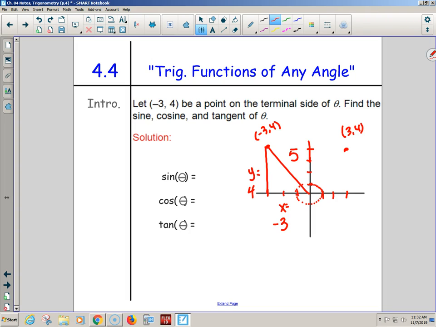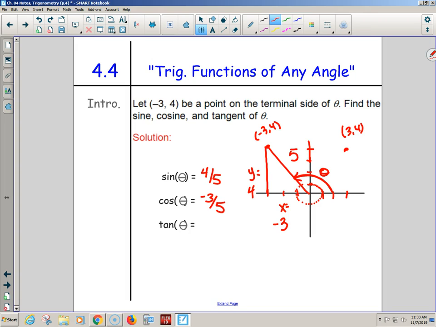You could just look at the triangle and say, oh, this is my angle, whatever it is. I don't know what it is. Something in the second quadrant. That's my theta. But look at this triangle and use it for SOHCAHTOA. What would sine be? SOHCAHTOA: opposite over hypotenuse, 4/5. Why is that positive though? Because they're both positive. 4 is up and the hypotenuse is positive. But what would cosine be? Negative 3 over 5.